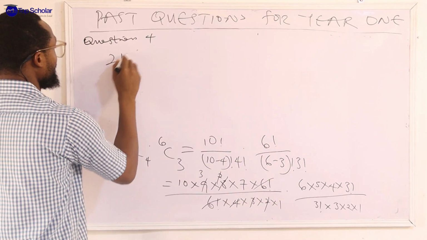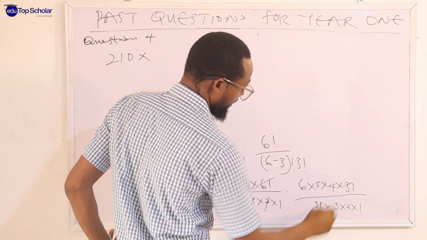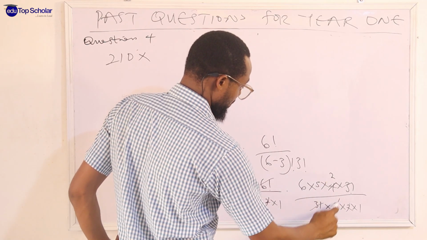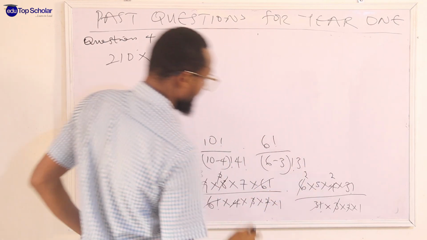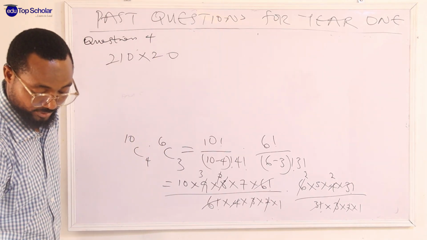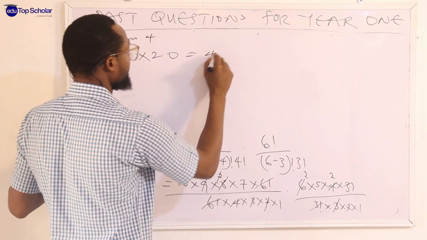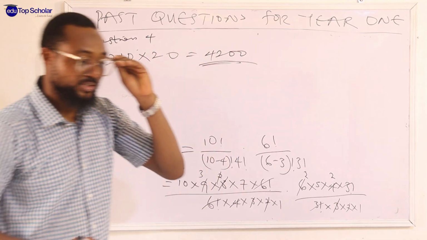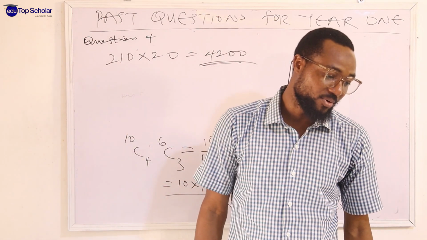So in that we have 210 multiplied by, for this one now we have 3 factorial, we take 3 factorial, 2, we reduce this one to 2, 3, we also reduce this one to 2, so we now have 2 times 5, 10 times 2, that will be 20. 210 times 20, that is 4,200 ways that we can select 4 boys and 3 girls from a class of 10 boys and 6 girls